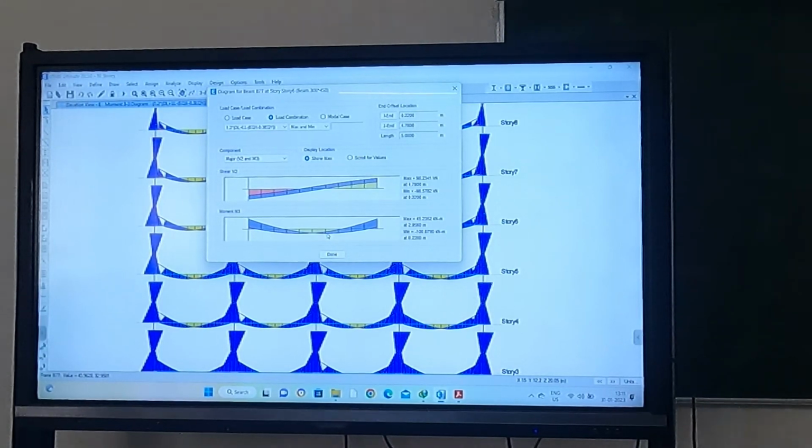Okay, so we'll close here, and this is how you can go for all the outputs, and you can check whether your forces or moments are coming properly or not. You can continue this, run the model, then check all the output results, and as you start spending the time here, you will have a lot of doubts. So you have to explore different parameters, and if you have any doubts, we'll discuss in the next class.